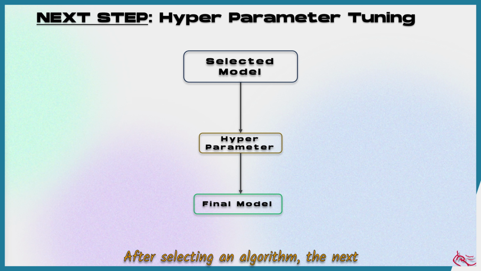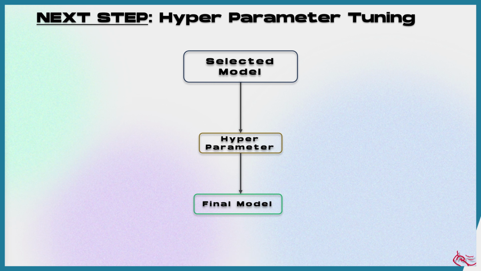After selecting an algorithm, the next step is to fine-tune its hyperparameters. Each algorithm has several parameters that require fine-tuning, known as hyperparameter tuning. This process is iterative and involves evaluating the model's accuracy score on the validation dataset. You can use frameworks like Optuna for hyperparameter optimization. Once you achieve the desired level of accuracy, the model is ready for production use.